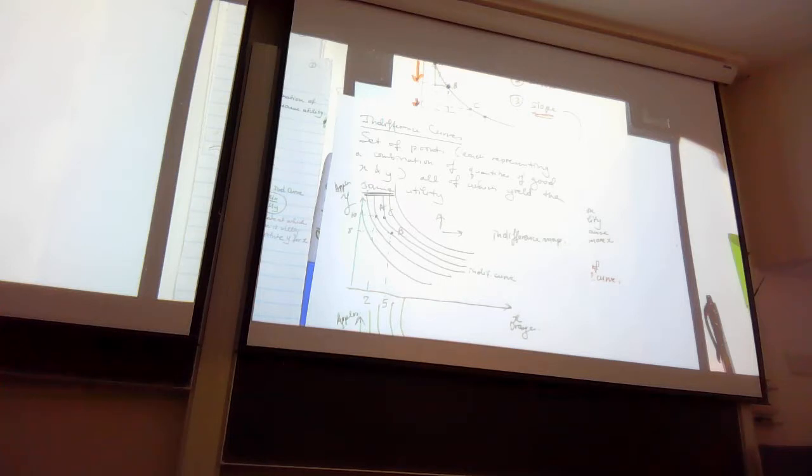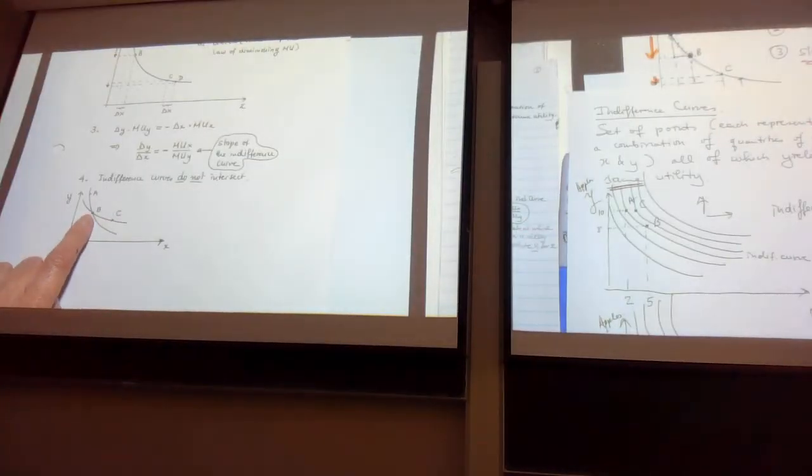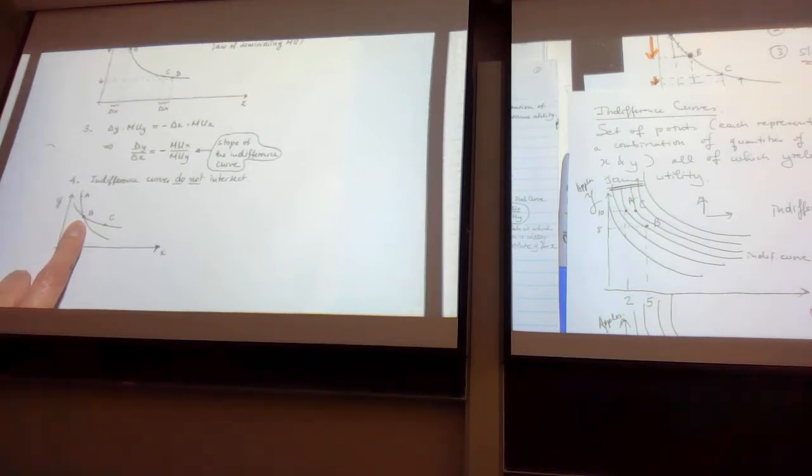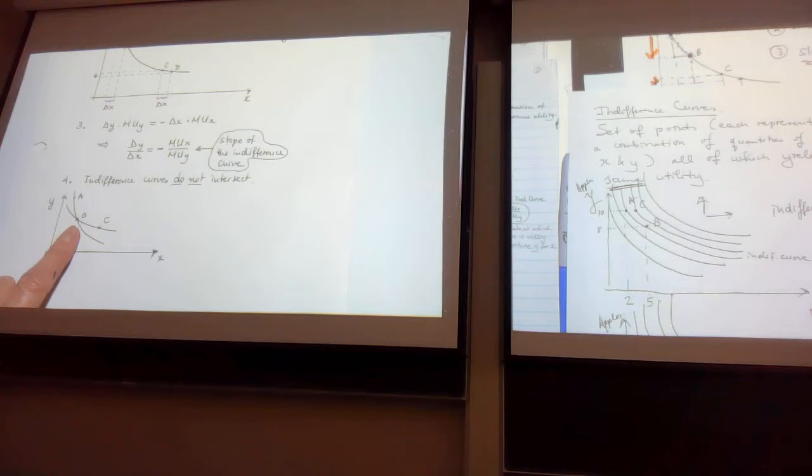If they intersect, like the black and the red in this example, then you can't make sense of what's going on. Because you say point A and B are along this one indifference curve, so that means that you're indifferent between A and B. But then is this red curve really a different indifference curve? Because the red one also has point B on it, right? Only when you have an intersection. And then we are saying, okay, is the red one a higher or a lower indifference curve? It doesn't make sense because you have one point that belongs to both of them, that means the same level